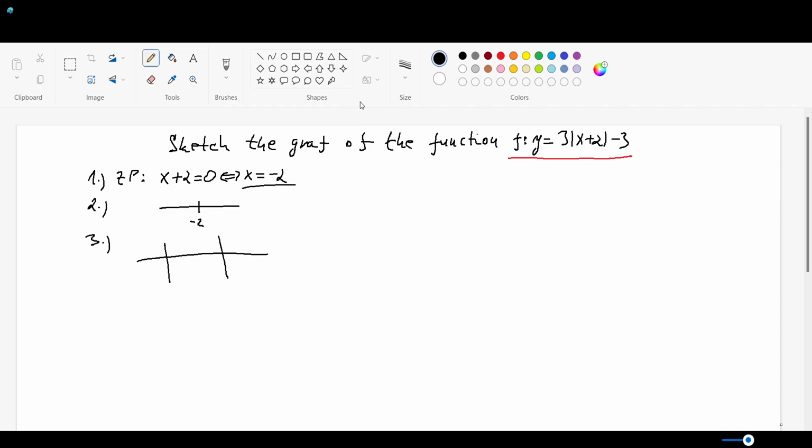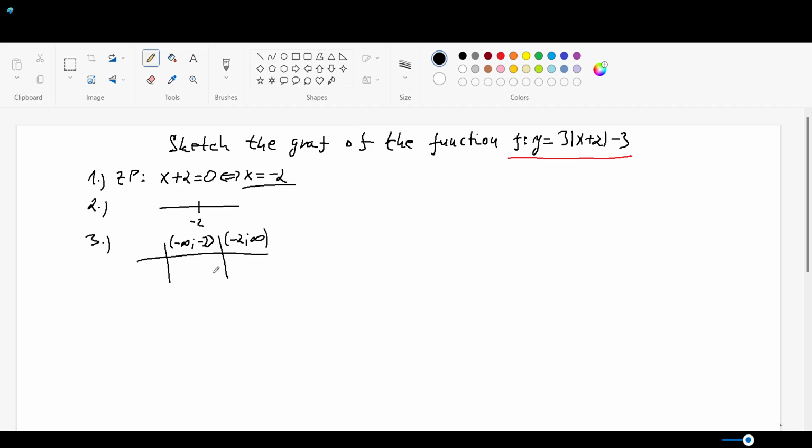As you can see from step number 2, the real numbers are split into two intervals. One is on the left side and the second one is on the right side of negative 2. So basically our first interval goes from negative infinity to negative 2, and the second one goes from negative 2 to